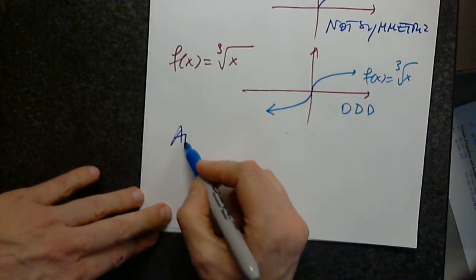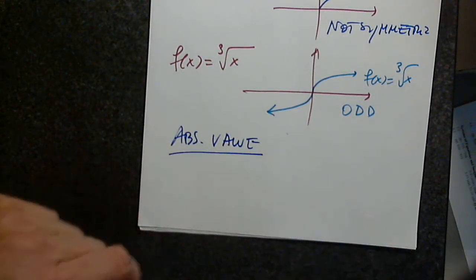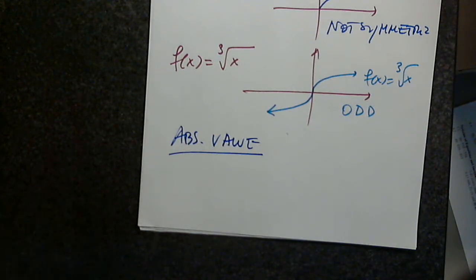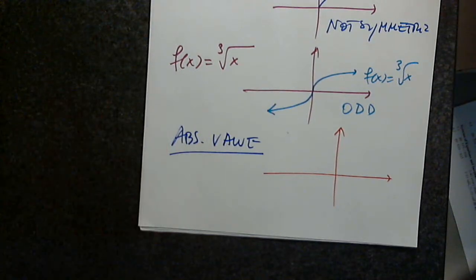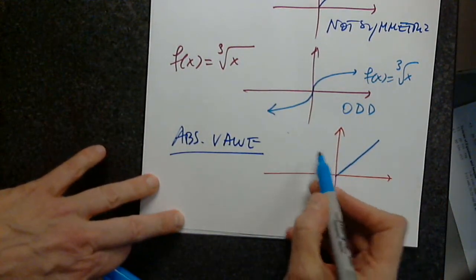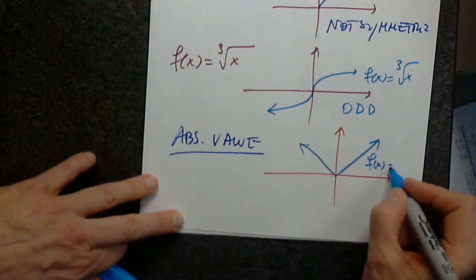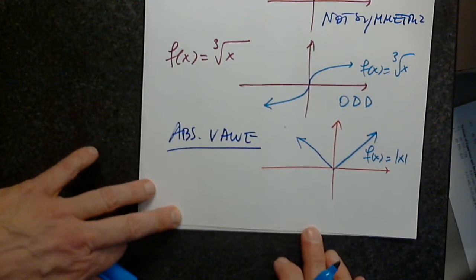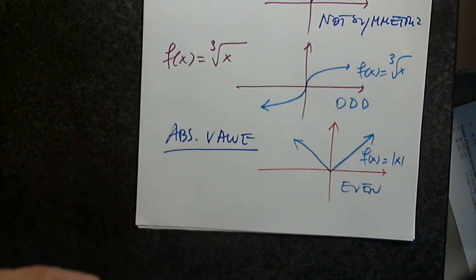Absolute value. It's like a very sharp V. That's why we sometimes call it the V function. I'll stop right after I graph this. It bisects the first and the second quadrants. So this is f of x equals the absolute value of x. Odd, even, none of the above? Even. Very good. So on Wednesday, we are going to